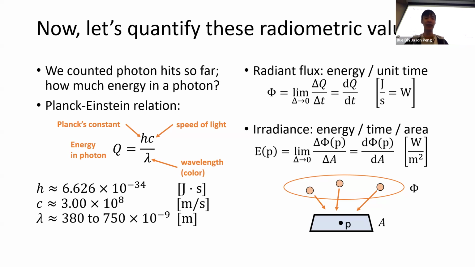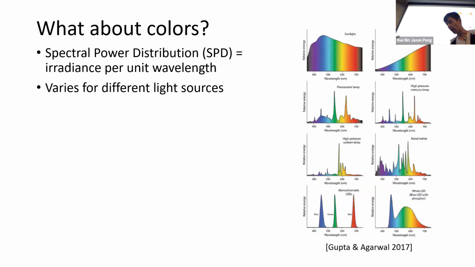Okay, let's get started. Now we've introduced some of these different terminology for quantifying light energy. Let's take a look at how we implement some of these concepts in illumination models. But first, let's take a look at how we represent different colors